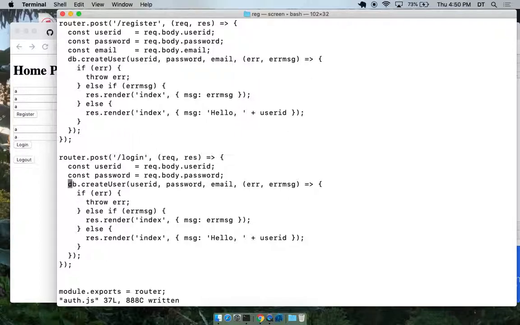And so this is the login. When we log in, what we want to do here is get user. We're going to get the user. This is the user ID. Let's do it this way, I guess. This is get user, so this could be an error.